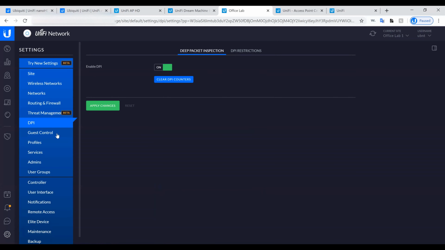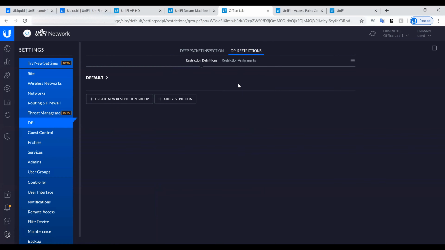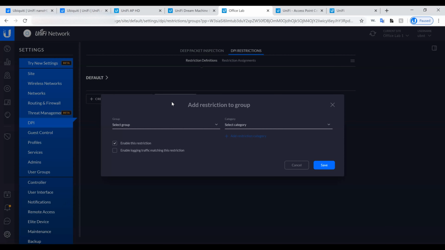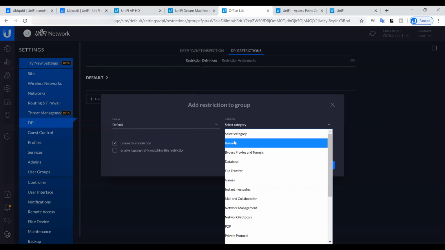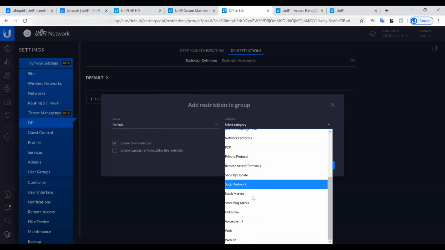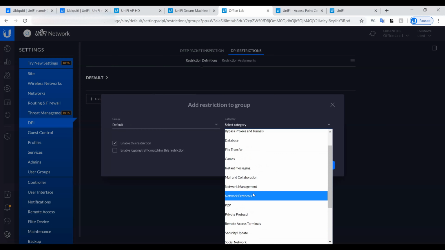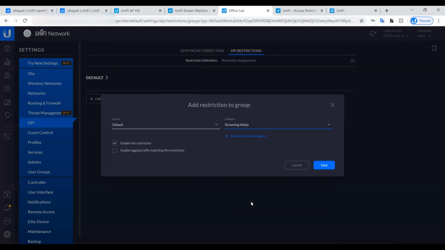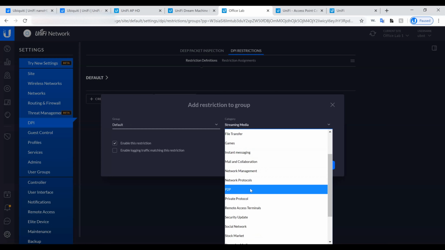Right, can you click on DPI restrictions? Okay, so this is where you create a restriction group. Can you click on add restriction? Okay, so once you select a group, you can select what category you want to block. Let's say that you want to block streaming media or any particular categories like P2P, that is for torrents. You can do this.